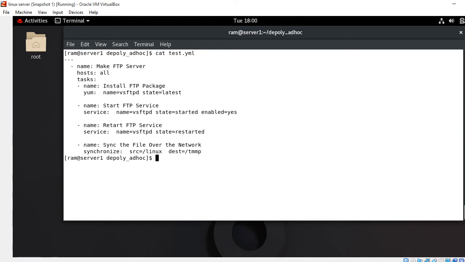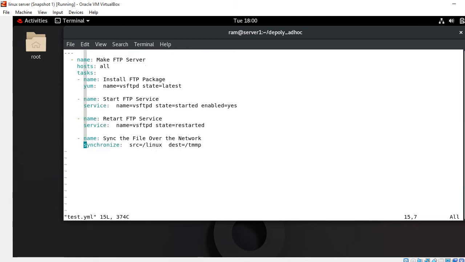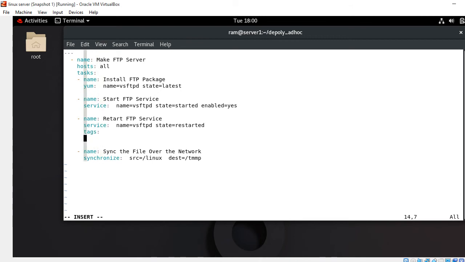So I open my playbook and put a few tags in tasks related to the Ansible tags feature. So I open it, go in here and just mention tags, give the tag name. I said restart, and one more entry, I said tags and name sync. That's great.